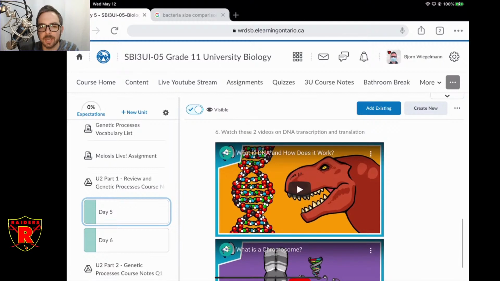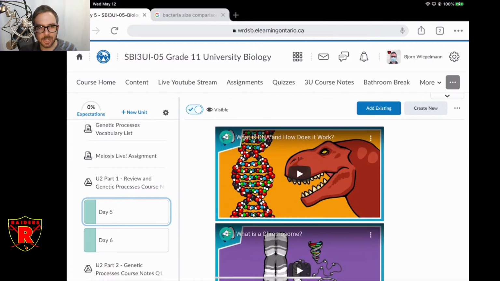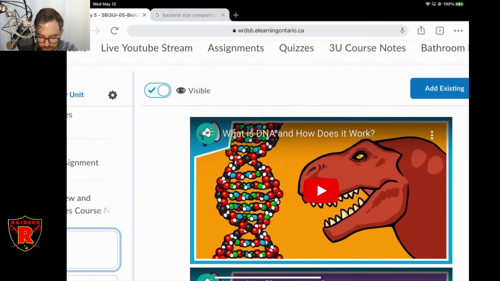We don't get into the biochemistry too deeply, because this is an entire unit in the grade 12 course just on DNA transcription and translation, where you get into all the fine points, and you need to learn all the different enzymes that are involved and how each enzyme works. So we're not going to get into that depth, but a pretty good overview of the process and how it works. The reason that we're doing that is because that is the basis of genetics, which is that you take a piece of DNA and then you make something out of it.